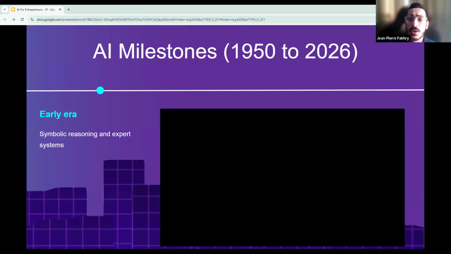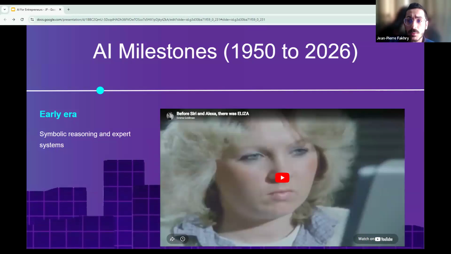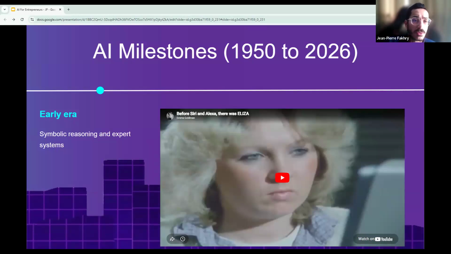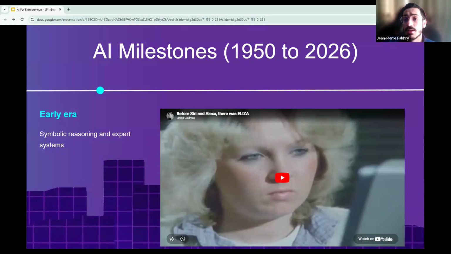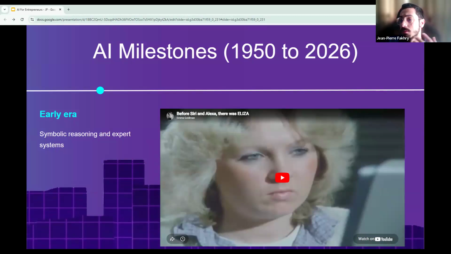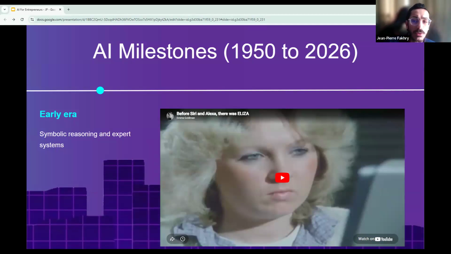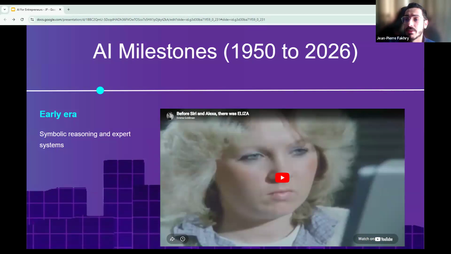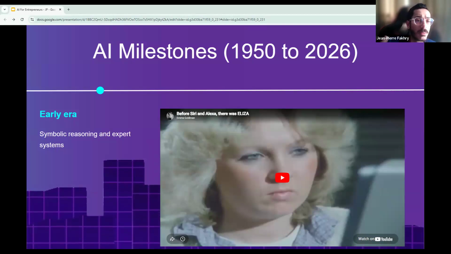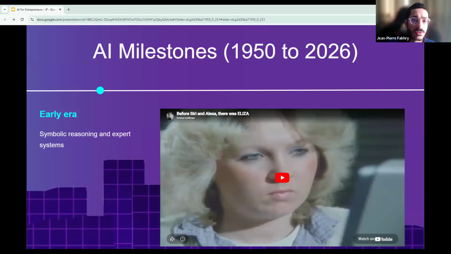Now, let's talk a bit about the story of AI. So the story of AI, guys, started in 1950 when basically Alan Turing asked the famous question, can machines think? This is where everything started. Now, for the next 40 years, AI was mostly about handwriting rules. And researchers here built expert systems, basically programs that followed some logical rules like if the patient has a fever above, let's say, 38 degrees, and a sore throat, flag for strep, for example.